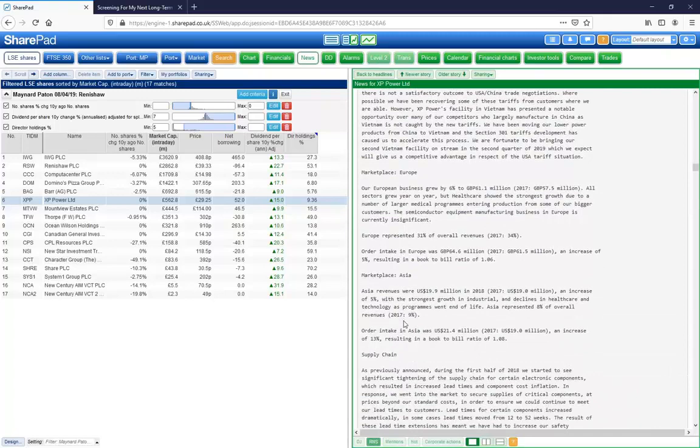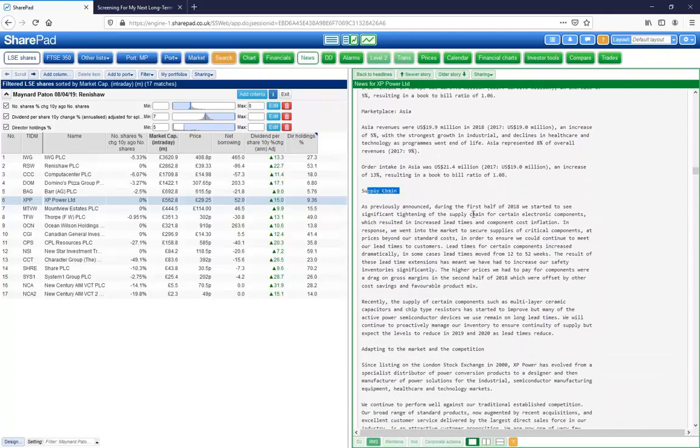Here we go. Found it. Supply chain. So the company talks about a significant tightening of the supply chain for certain electronic components, which resulted in increased lead times and component cost inflation. In response, we went into the market to secure supplies of critical components at prices beyond our standard costs. So what's happened here is the price of their supplies has gone up, and they've just had to pay up. So the money spent into their working capital is essentially because the price of their components has just risen